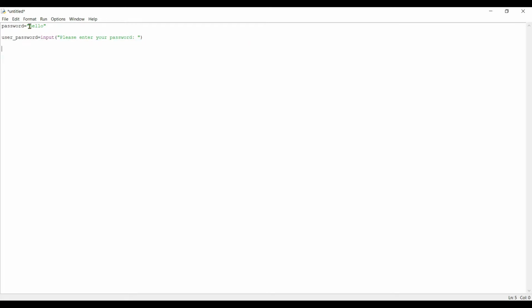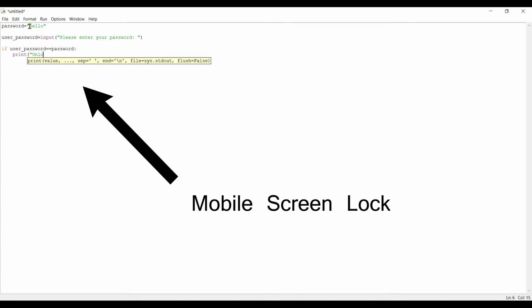After that, we want to evaluate whether the user has entered the correct password or not. So for that, we have to use an if statement. If user password is equal to password, then we want to print unlocked.